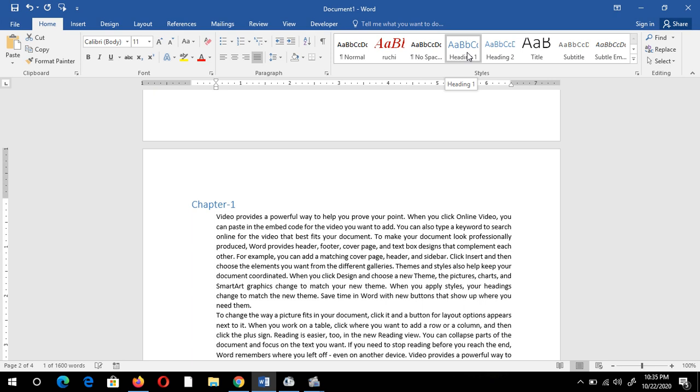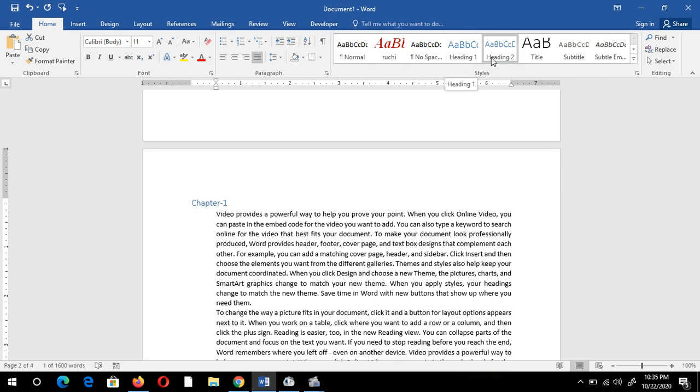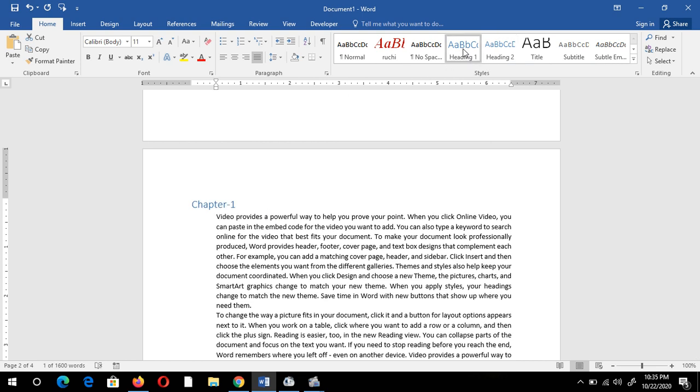Remember one thing: if you want to create a table of contents, you need the heading styles Heading 1, Heading 2, Heading 3 and so on. Firstly, I'm taking chapter 1 as Heading 1.